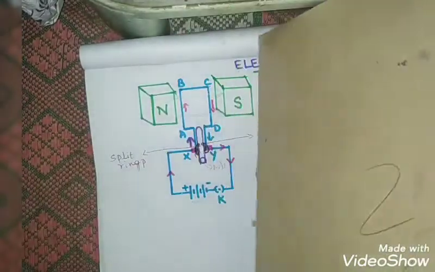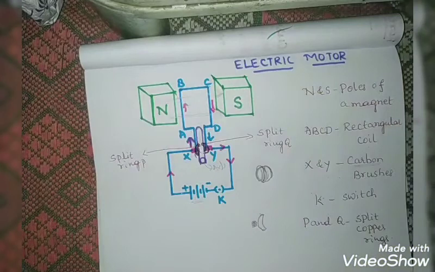Like this it is moved. You can observe, children, it is rotating in this way. So what happened? This is CD now. CD is moving from right to left. The arm CD goes upwards and the arm AB goes downwards in this way. This is going downwards, so it starts like this. Like this you can see, children. So in this way, in anti-clockwise, it rotates.